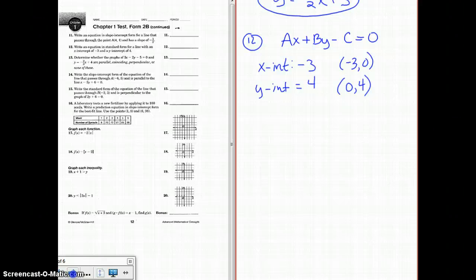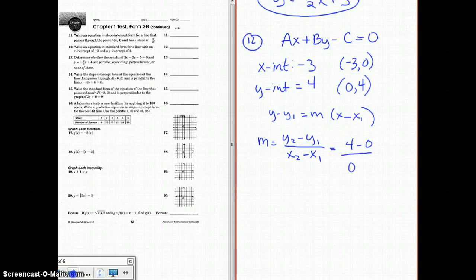point-slope again. So y minus y1 equals m times x minus x1. I do need the slope for this, so I'll take my points to find the slope. The slope is y2 minus y1 over x2 minus x1. It doesn't really matter which one's your x1, y1, x2, y2. I'm going to take 4 minus 0, and then 0 minus -3 gives me a slope of 4 over 3. So that's my slope that I'm going to use, and I'm going to pick one of the